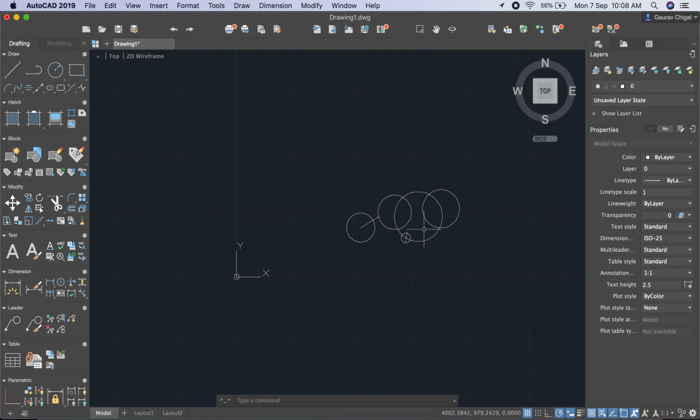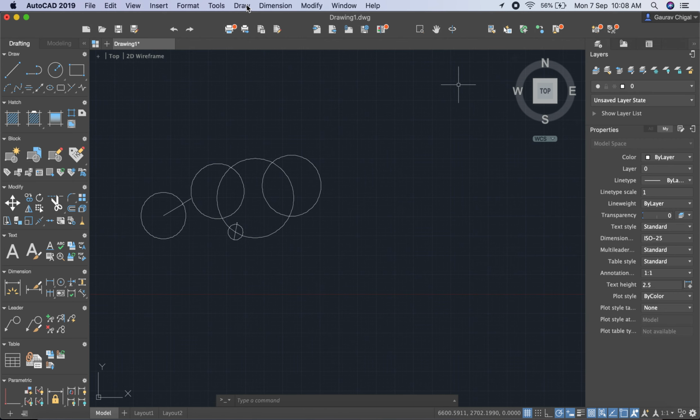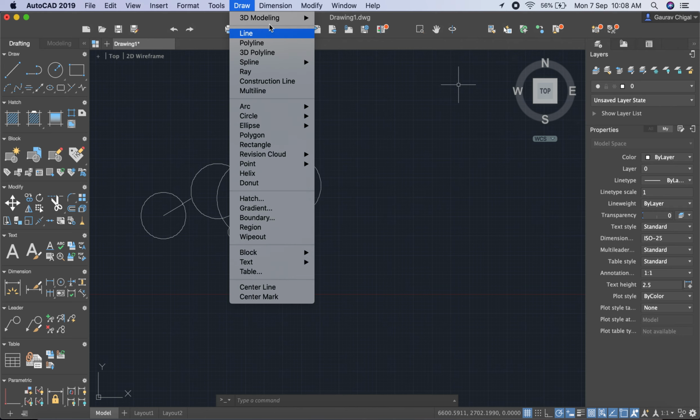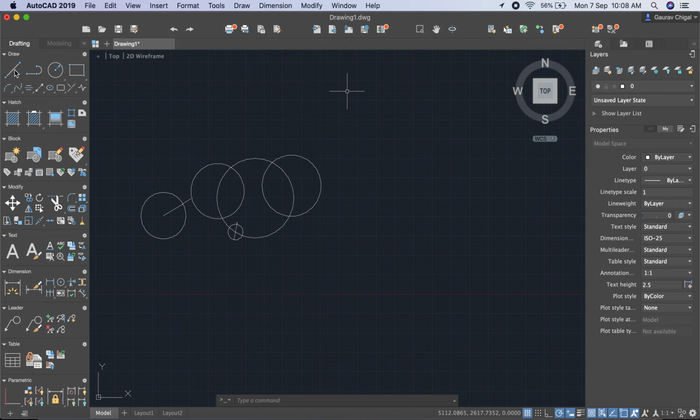Moving on to another option, click on Draw, Circle, and now we need tan tan radius. For this I need to draw some lines here, just any random lines, no need to draw a rectangle or anything like that.